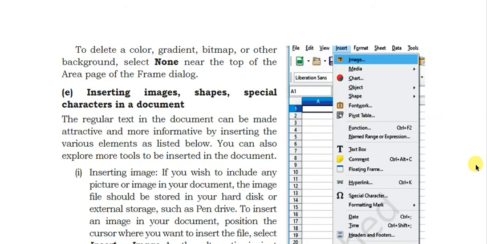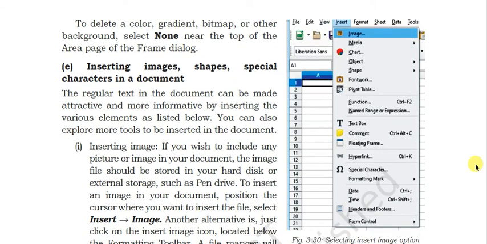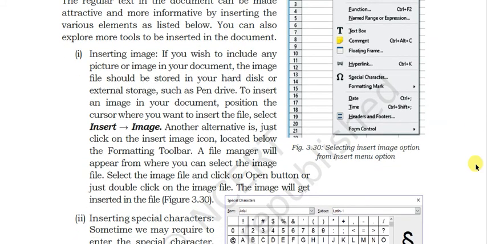Okay, now if you want to insert image, space, shapes or special characters, everything will be available inside the Insert menu. You see that image, media, chart, object, shape, Fontwork, all these things can be inserted. So Insert, then Image, you will be selecting the image that you want to insert and you can insert it.